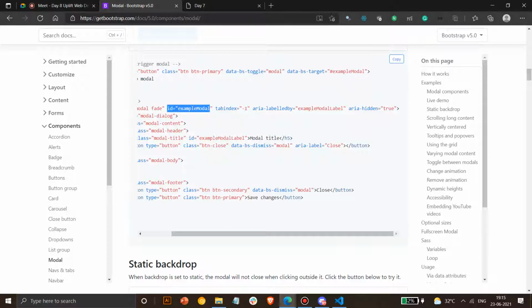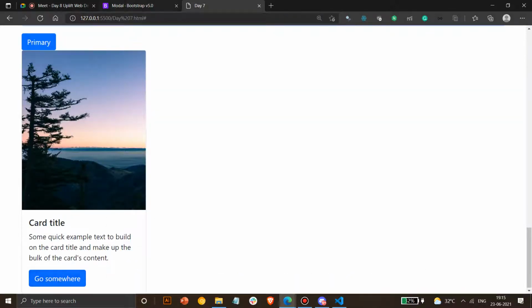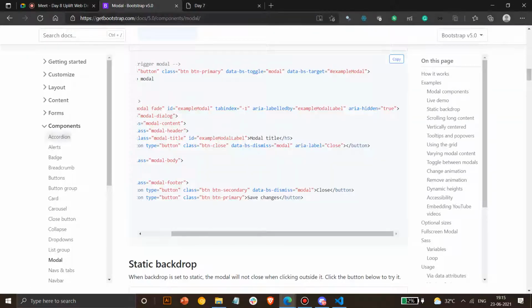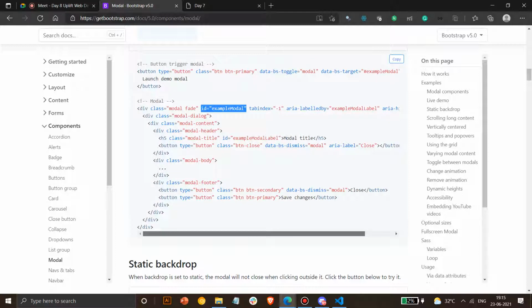And in CSS we call it using hash, the same thing is used here. So here also you can use hash to call that specific id, or you can use a class also, but it's always recommended to use id because id is unique and class won't be unique. So that's why we use id here. Okay, is that clear? Any doubts you can ask, because this is a really tricky part. If you don't understand this, in JS, whenever we teach this, it may give a problem.